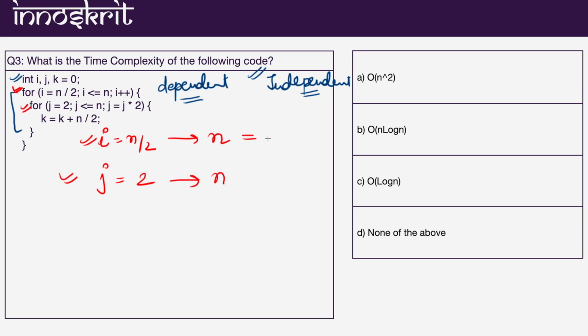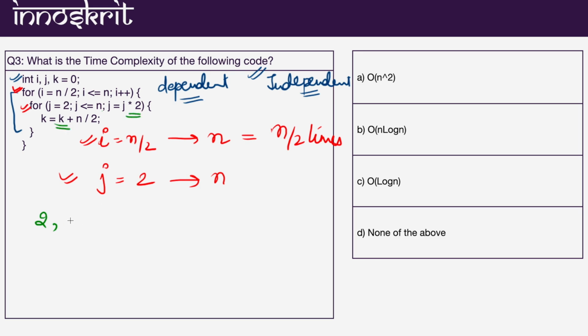So the first for loop will run n by 2 times. And the second one, let's see how many times it will get executed. It will start from 2, which is less than n, condition true. It will come to this statement and then go to this one.